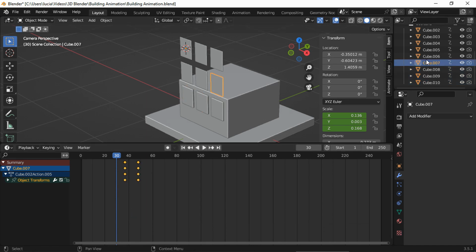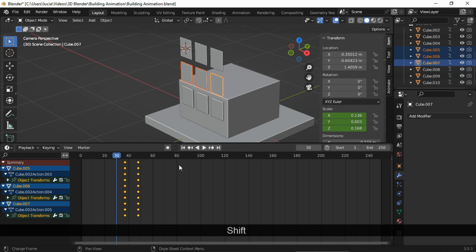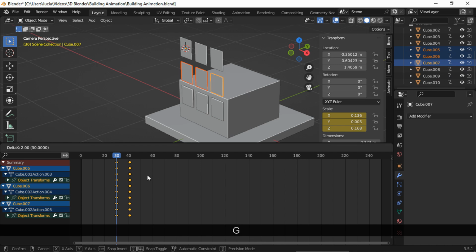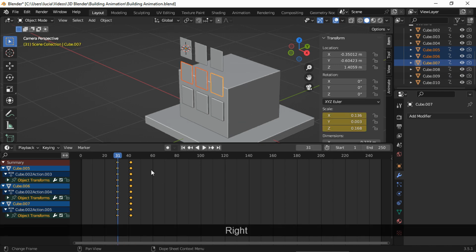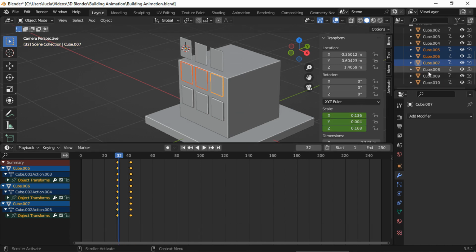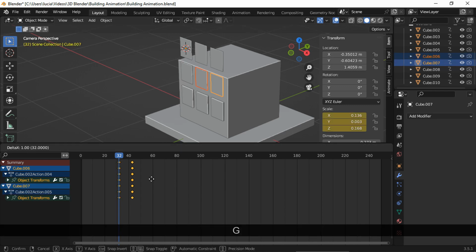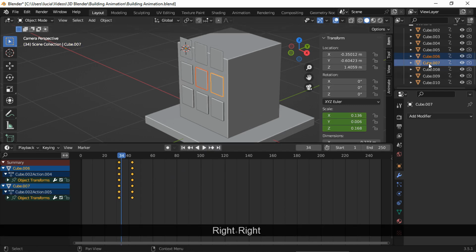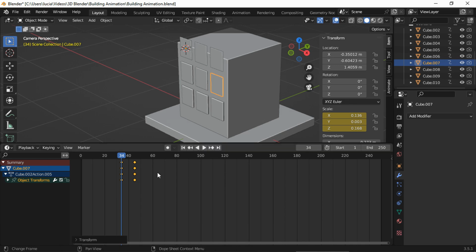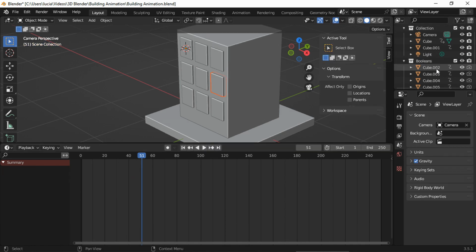And now do the same with the other 2 rows. I left 2 frames between each keyframe. And let's finish the last row.